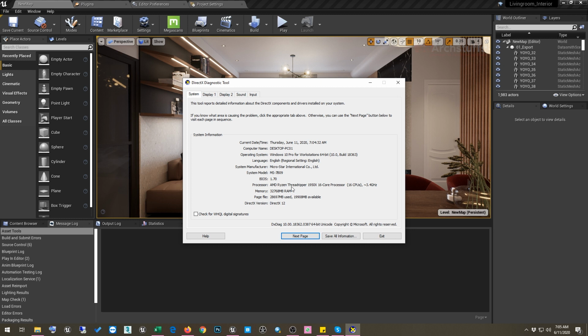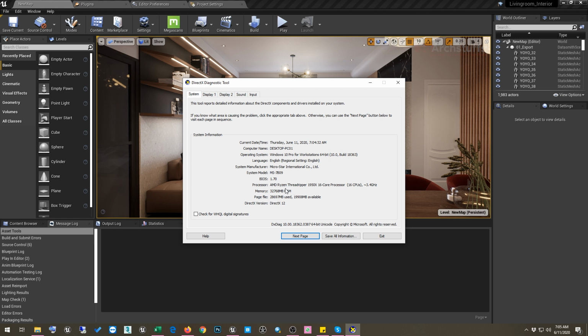And after this you have to check whether your graphics card is an RTX card or not, because an RTX card supports ray tracing perfectly, but you can also use ray tracing on a graphics card like the GTX 1080 Ti, but it is not recommended. But if you don't want to invest in an RTX card and you already have a very powerful graphics card like the GTX 1080 Ti, then yes, you can go ahead and use it for ray tracing.